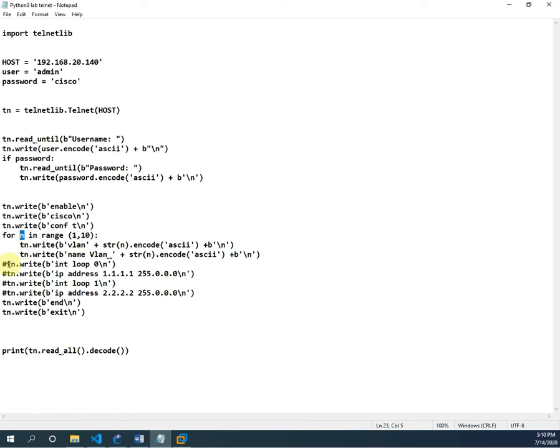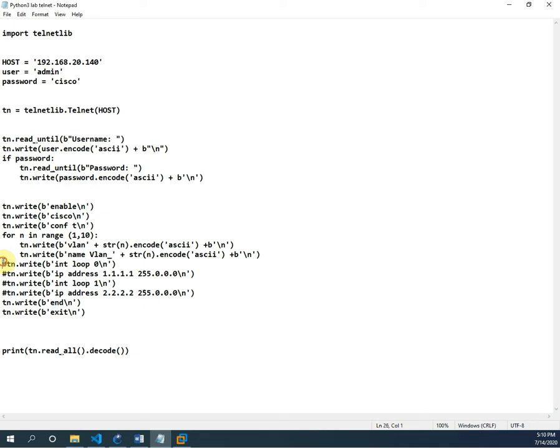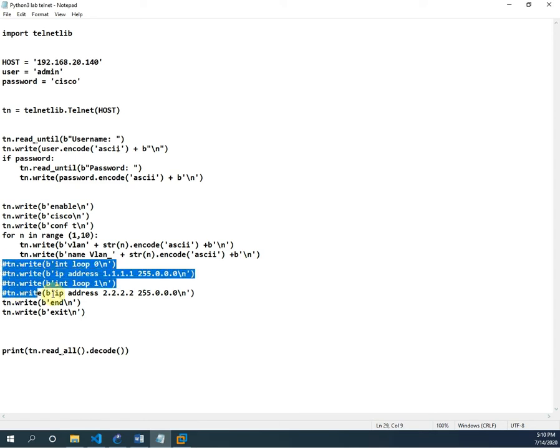VLAN. This is the same thing as we wrote here, whatever we want to write. Here I put the slash. The slash means this command will not execute, so whatever command we don't want to execute, we can put a slash. This is the old code, I just modified it, that's why I put the slash.